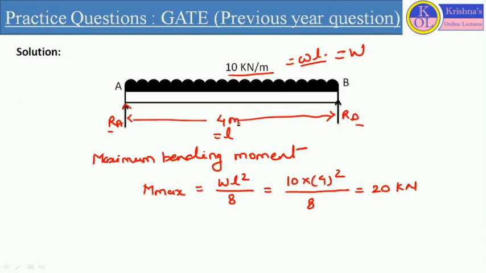It is given as 4 meter. So here we have this direct formula for maximum bending moment. We will put the value here: 10 into 4 square by 8. 4 is the length. So we will directly define this maximum bending moment as 20 kilonewton meter. If you remember the formula, that is well and good. But if you don't remember the formula, do not worry. We can define the bending moment by calculation, or by applying the concept of SFD and BMD.